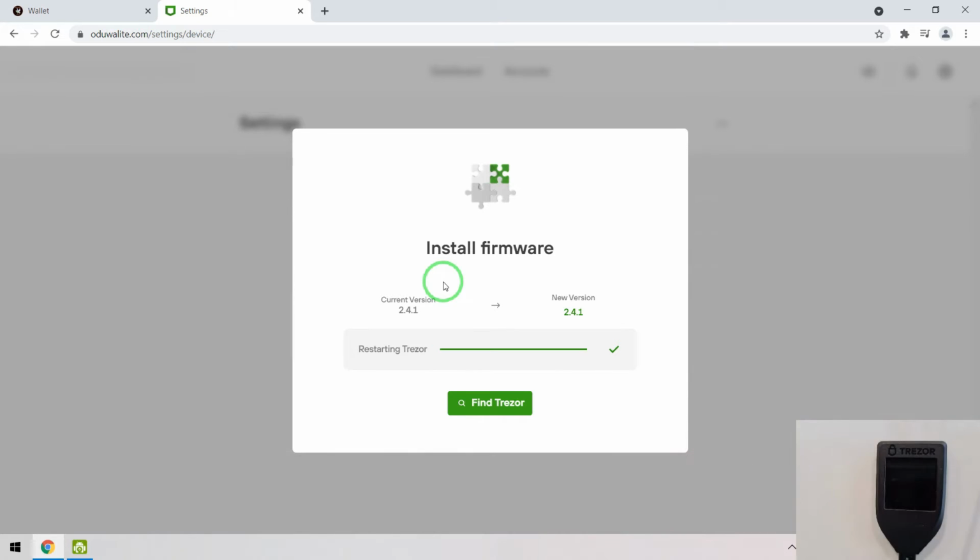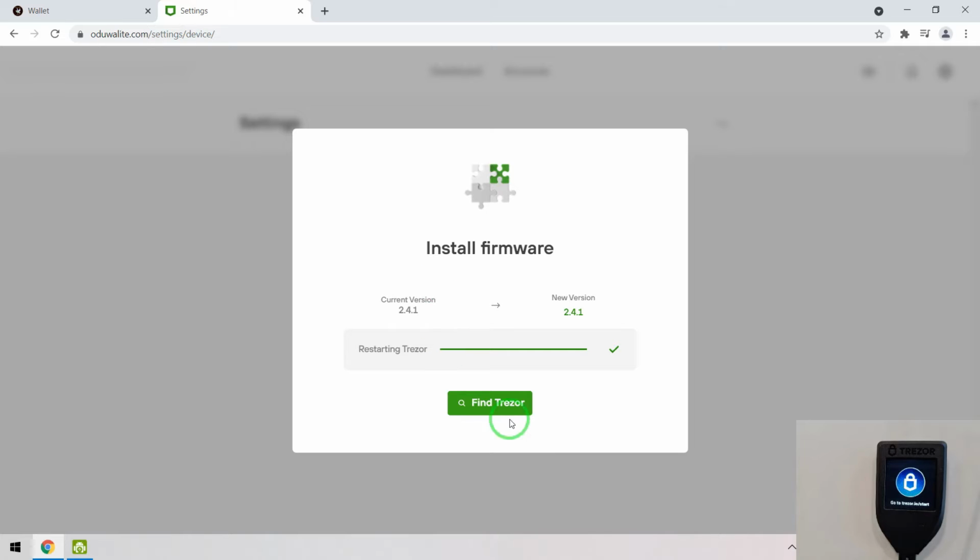So now the device is restarting. It will show a warning that it is unofficial firmware, do not use. It is just because we have modified the firmware. Now click here to continue on the Trezor device. Okay, a new Trezor is ready.